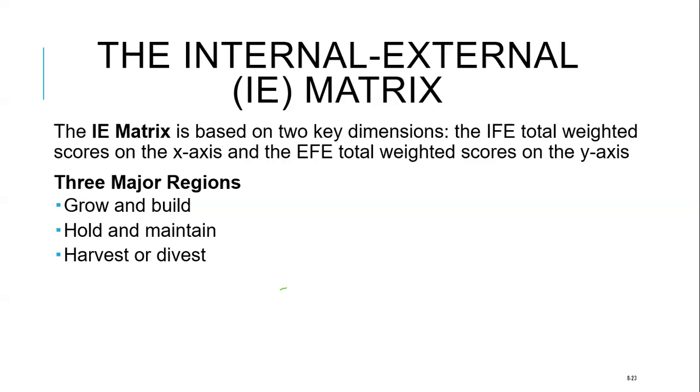And it does so by also using the Cartesian plane. It ends up breaking the entire business environment into three main regions: the grow and build region, the hold and maintain region, and the harvest and